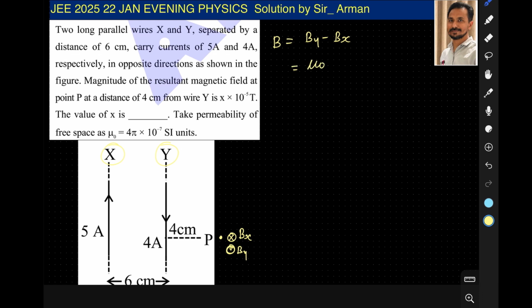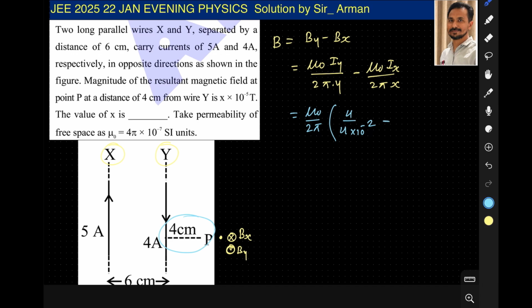अभी मैग्नेटिक फील्ड की इक्वेशन मैंने क्या बताई आपको, μ₀ करंट इन y वायर डिवाइड बाय डिस्टेंस 2π, और let us call that distance y, कंफ्यूजन ना हो इसलिए, माइनस μ₀ करंट इन वायर x डिवाइडेड बाय 2π इंटू x, where x is the distance of the point from wire x. तो यहाँ से जो कॉमन है वो है μ₀ बाय 4π, y जो वायर है उसमें करंट है 4 एम्पियर और उस पॉइंट का डिस्टेंस यहाँ आप देख सकते हैं 4 सेंटीमीटर है, तो ये हो जाएगा 4 × 10⁻², माइनस